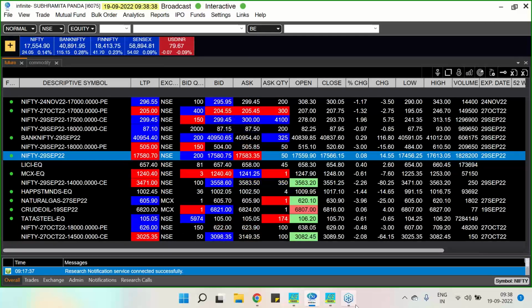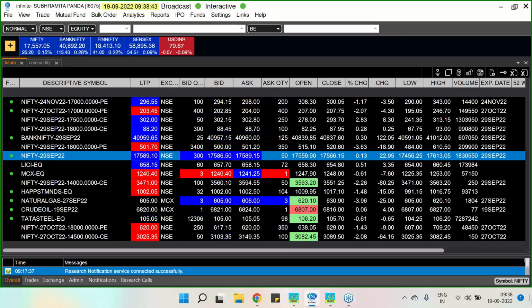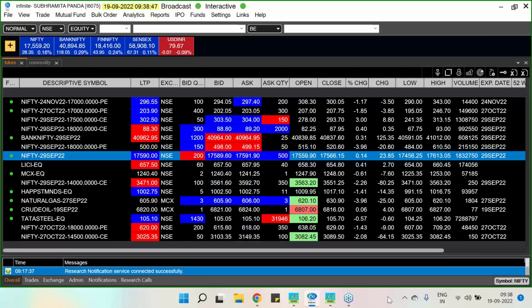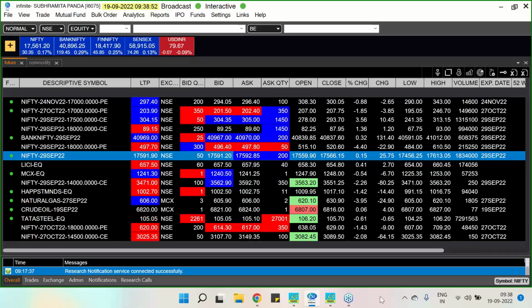So it opened positive, went to negative. However, currently it is positive again. So today is a trend reversal day. That action is also taking place. So this is about the Camarilla, and I have also shown you the